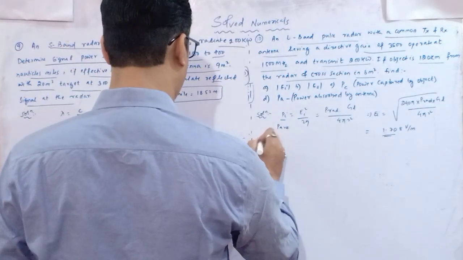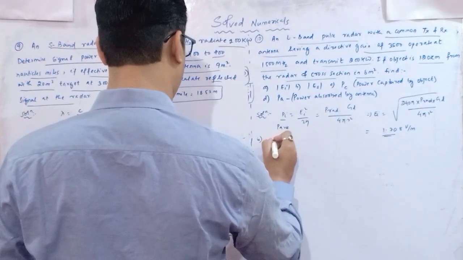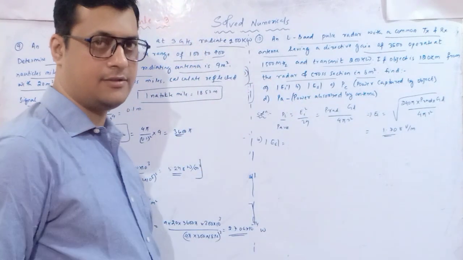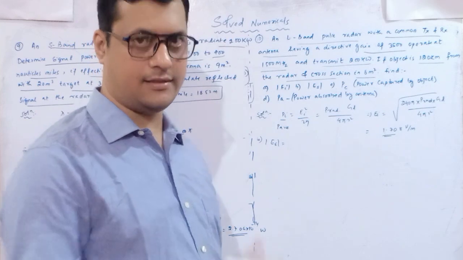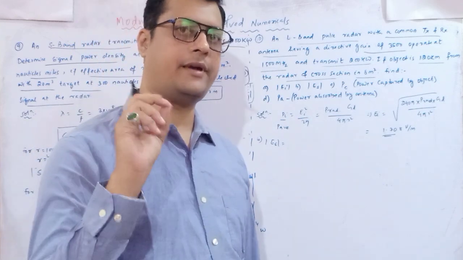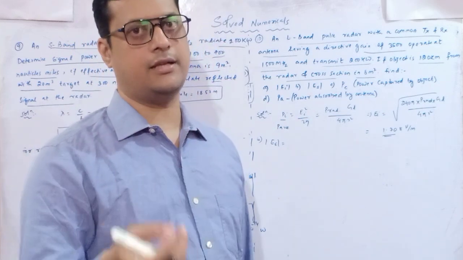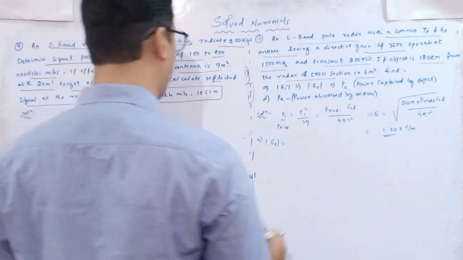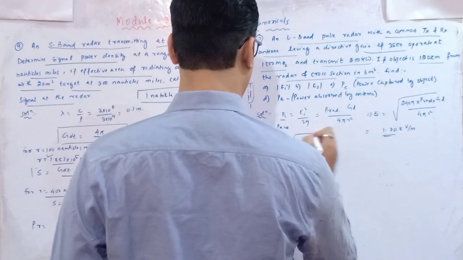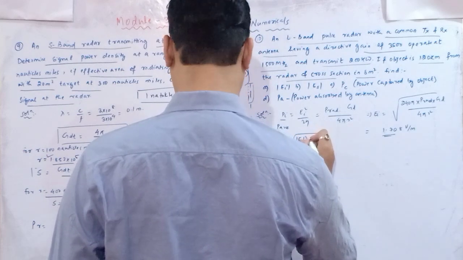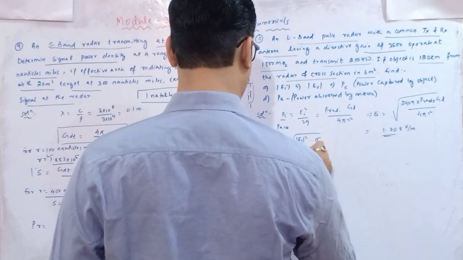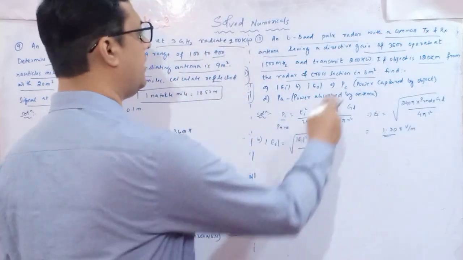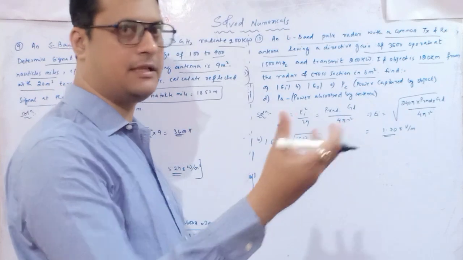Next we are going to see what is our ES. ES means it is a received end. So basically when we are identifying the receiver, we have to see the effective area for receiver as well as transmitting area with respect to the Friis equation. So here we will substitute mod EI square into sigma divided by 4 pi R square. Now what is sigma? Sigma is this 8 meter square, which is receiving one.